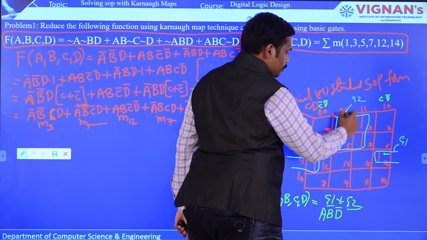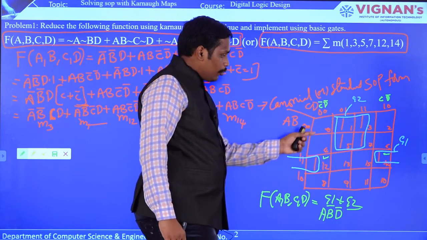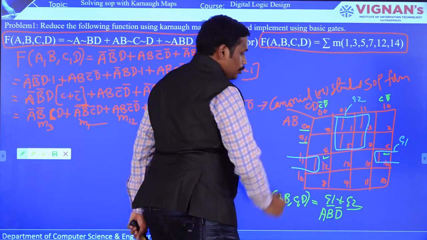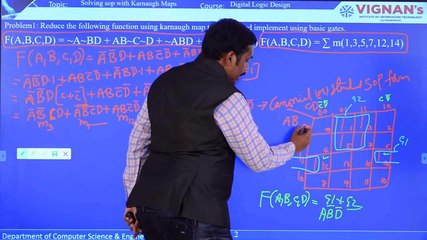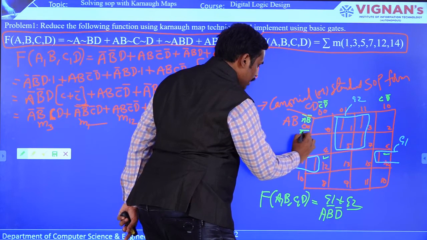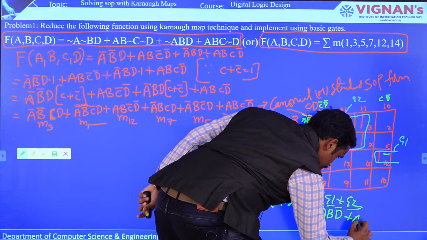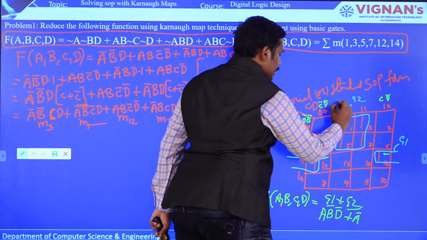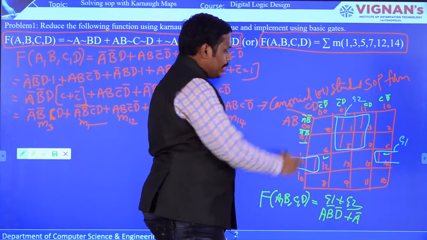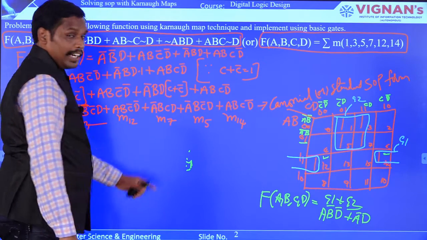And now we'll see group 2, which is a quad. In that quad, you can see 4 ones are there. For that group of 4 ones which formed a quad, we can derive an expression. Here you can check these two are common for row, and in this also A bar is common, right? Because this is A bar B bar, and this is A bar B, in which 0, 0 is common. So we'll take A bar for group 2, and column wise if you compare, this is C bar D and then C D. Where there is 1, that we are going to write, so that is D. So this is the final expression that we have derived for the SOP.